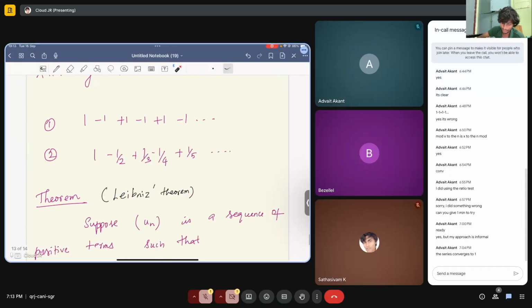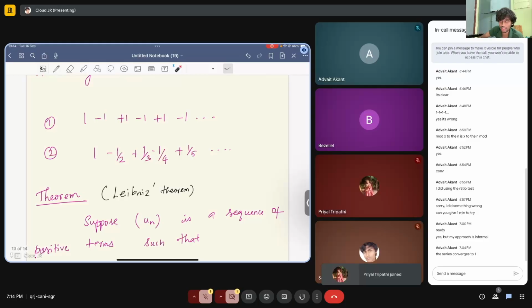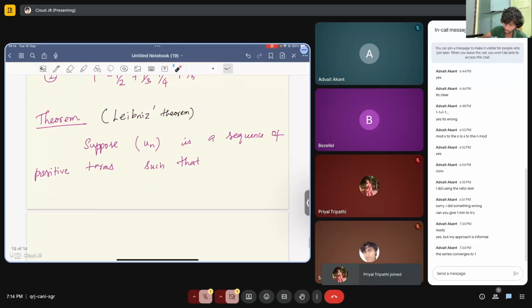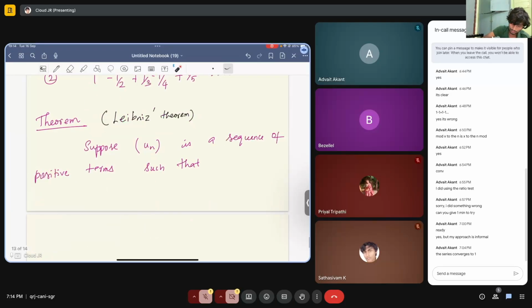Okay, so we are doing the alternating series, but if you look at a series like 1 minus 1 plus 1 minus 1, then you can see this series does not converge anywhere, right? So in some sense, you don't want something like that. I have told you that this series converges, and we will see. You need some more things for the convergence. Just the alternating is not enough for the convergence. You need more things,